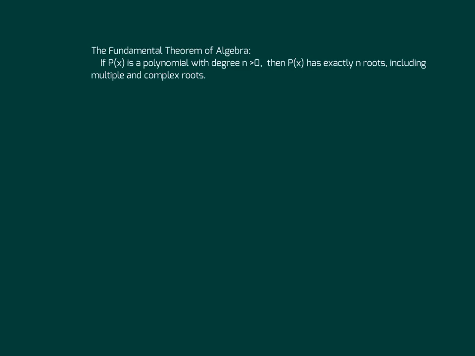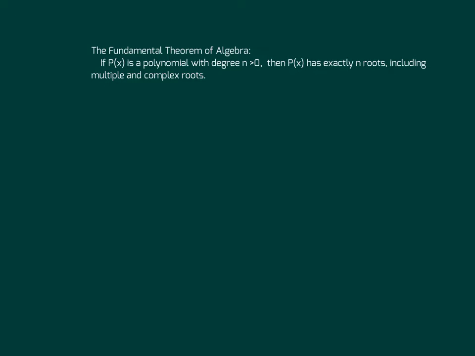So the fundamental theorem of algebra states that if p of x is a polynomial with a degree of n greater than 0, then p of x has exactly n roots, including multiple and complex roots. And we've kind of already looked at this, and this is really just the idea that if you're